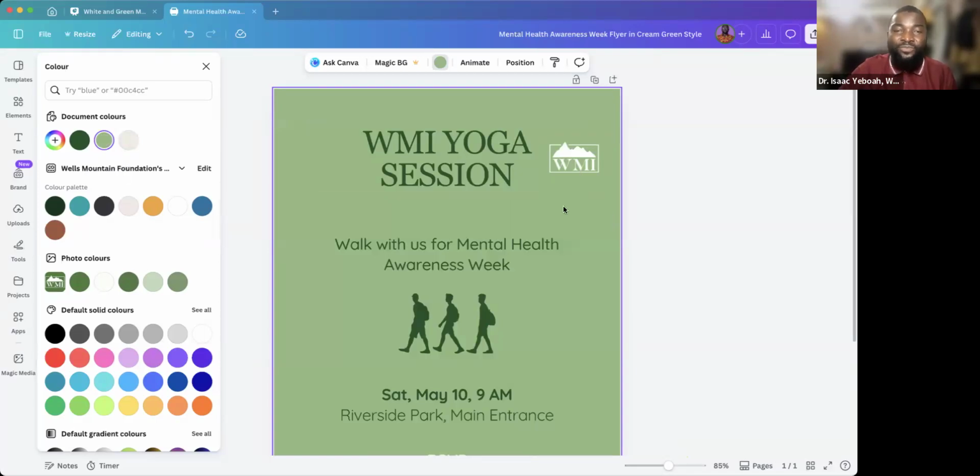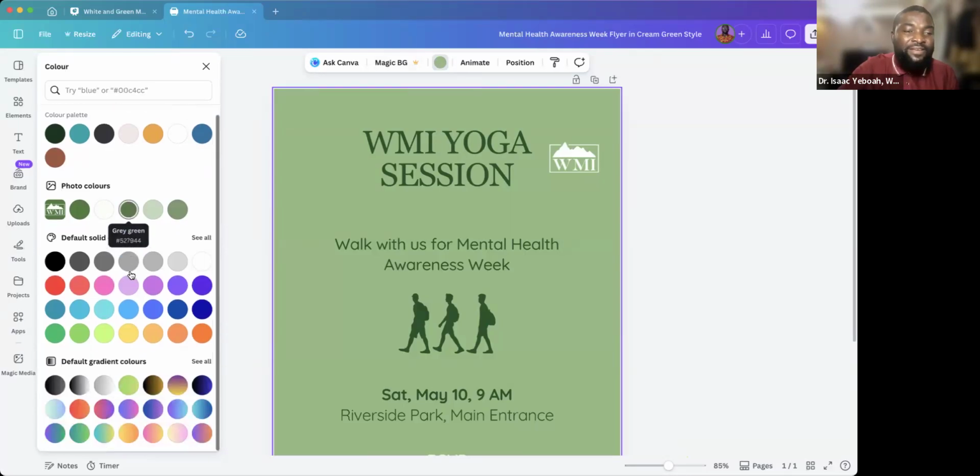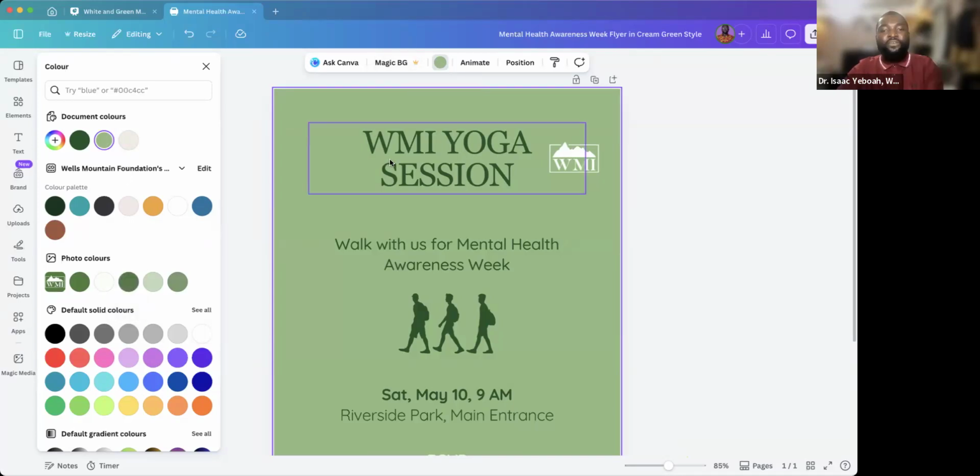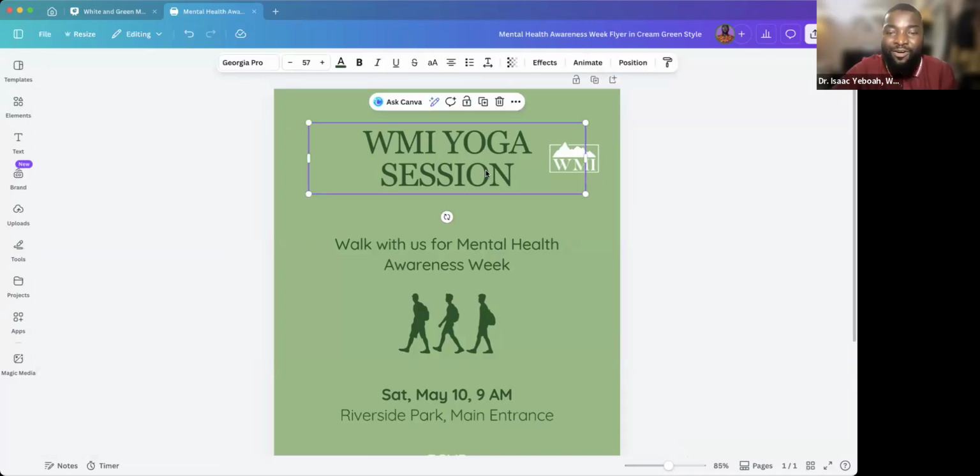You just click on the whole page, then you come and click on the background color at the editing toolbar. You see, it gives you several options. Then you choose from all these options. If you want to change the color of this